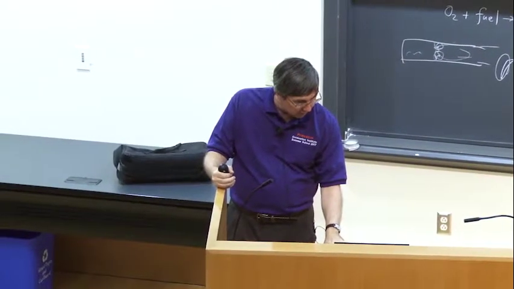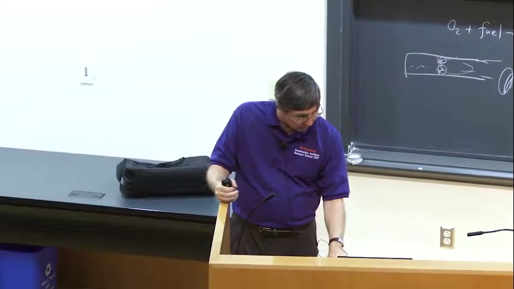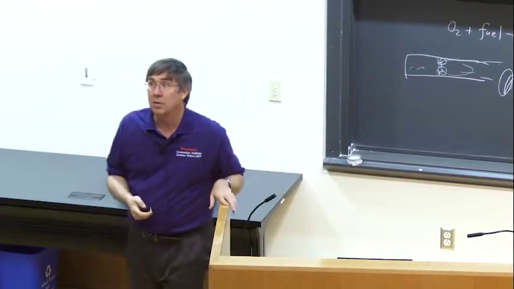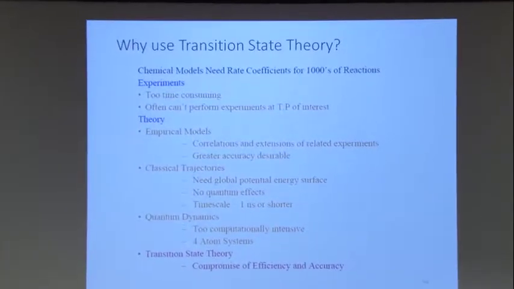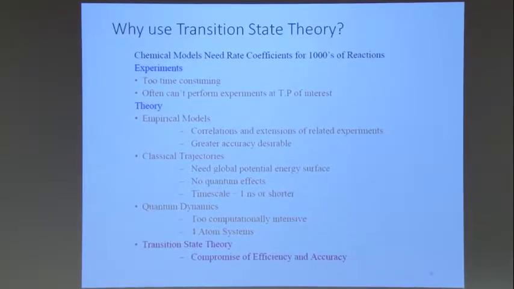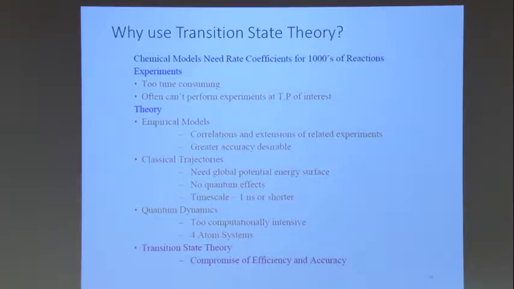Doesn't mean that people don't do it. A lot of people will do it anyway, but it's foolish. And you'll see that the best people can do these days is typically like simulate for a nanosecond. So it's only a valid way to go if you have reactions where you expect a lot of events to happen in a nanosecond. But usually we don't care about reactions that are that fast, right? Because from our scale, if it's going to happen in less than a nanosecond, then it already happened. And I don't even bother to include it as a rate process, right? It's just assumed to be done. So this is really not a very good thing.